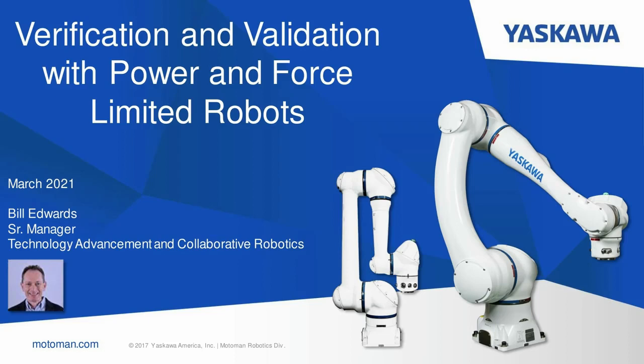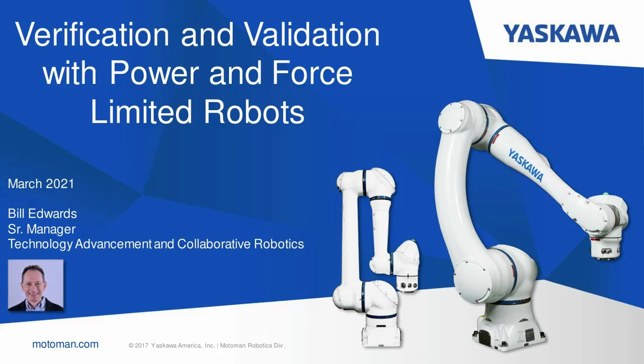So before we work our way through the presentation, I want to note that ISO 10218 and ANSI RIA 15.06 are the safety requirements for industrial robots. And part 2 of those specifications deals specifically with robot systems and integration. And in 2012, ANSI adopted ISO 10218 parts 1 and 2. So really they're the same document, and you're going to see that throughout the presentation. So let's hop in